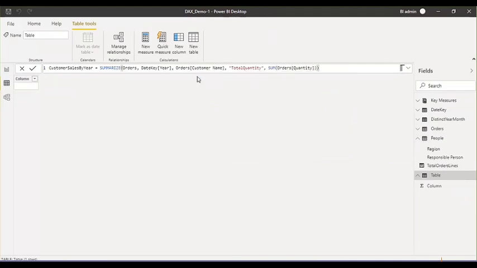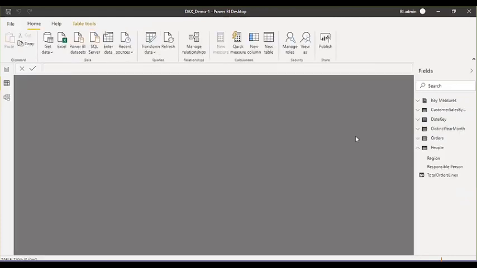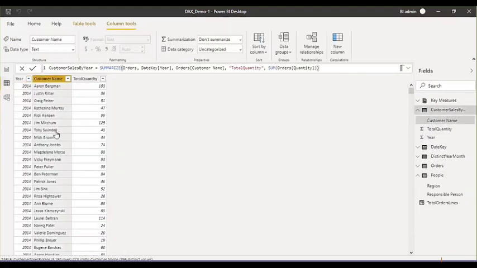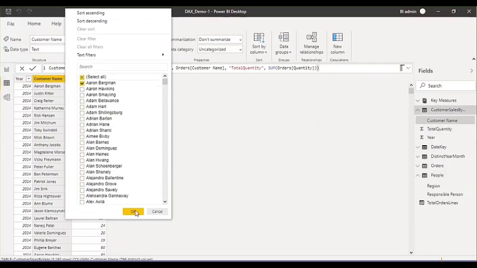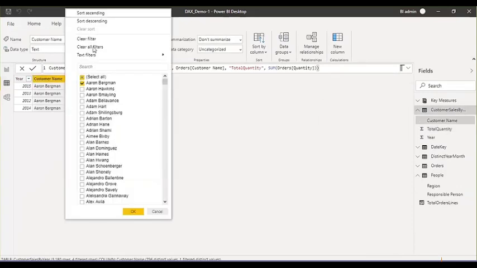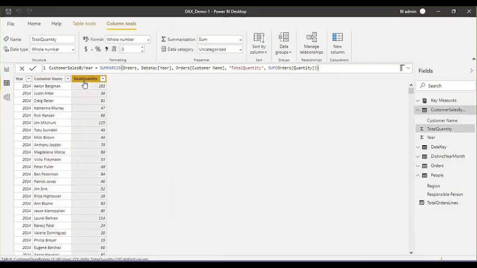So here you see the output of this aggregated data in this table, customer sales by year. So you see that aggregate data has been created in this separate table. And in this table, let's say if I filter the data for any specific customer, now you can see for this customer, total quantity was like in 2012, 38, 13, 79, 14 this, 15 this, like this. So this is an aggregated table. Here you got only one column. If you want to aggregate the data of other columns also, then you can do that also.